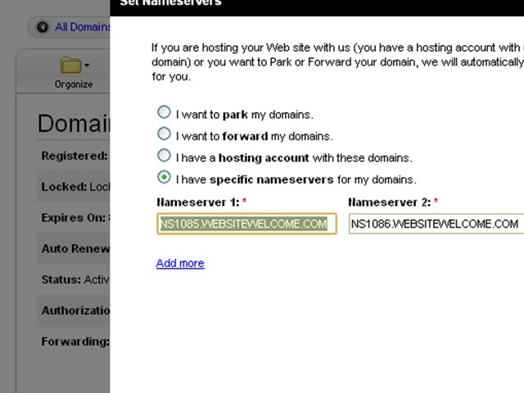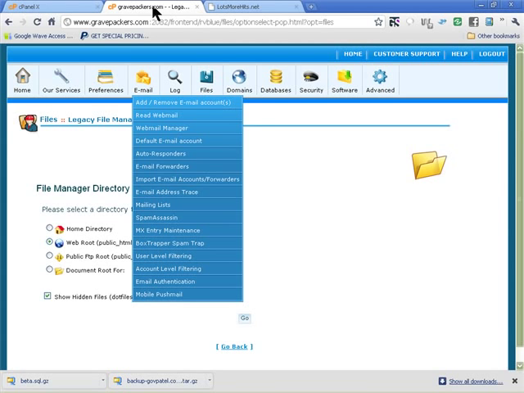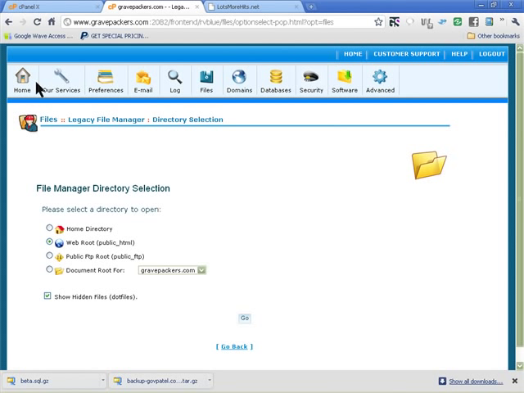And once you've done that, it will take sometimes a few hours to at least a day, 24 hours, for it to propagate. I already changed it, so I'm not clicking on here. Now I can get out of this one because the domain name is already propagated, and I'm going to go into my Grave Packers account now, and here I go on home,